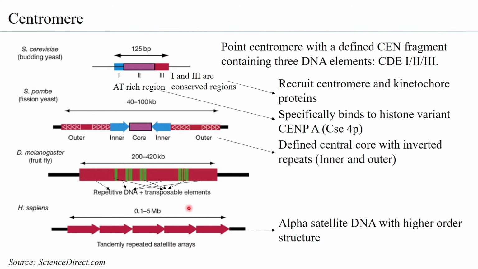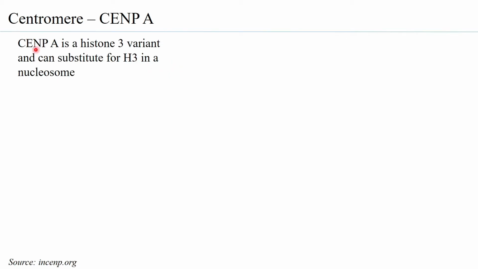So in certain species, you would have it so well defined that you have a centromere formed only at one position. But it has also been observed that you can have the centromeres positioned not just at the centromeric region but at other regions as well. So the question here is, how is it that at the other regions you can have the centromere, or new centromeres, being formed? That answer is the presence of the histone variant CEN-PA. In fact, what is important to note is that CEN-PA is a histone 3 variant. That means that it can substitute the H3 in a nucleosome.